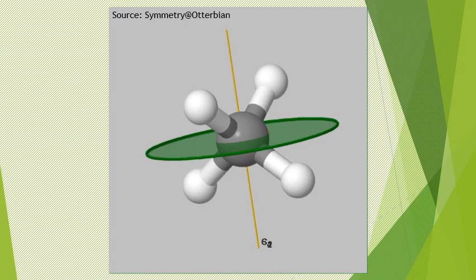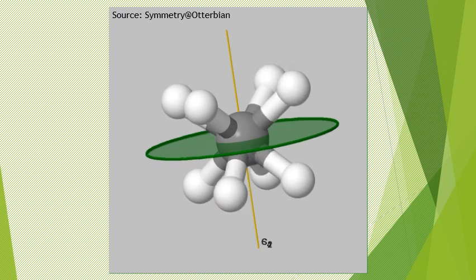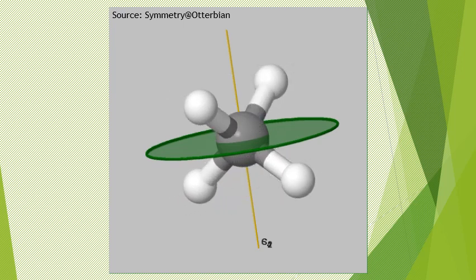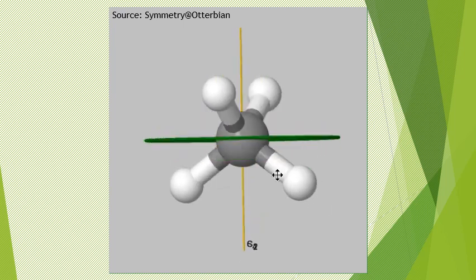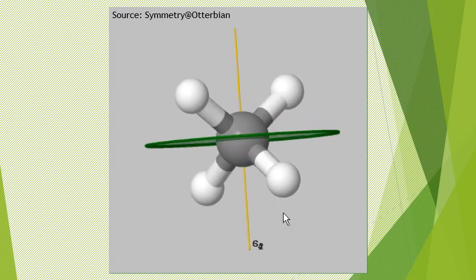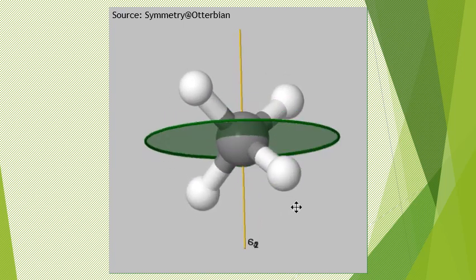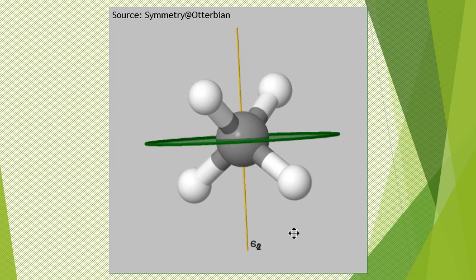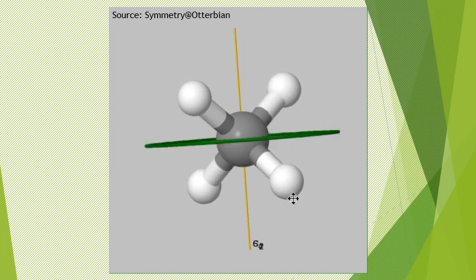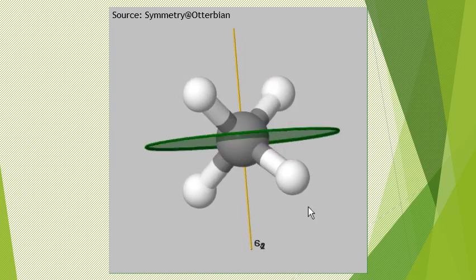So I am demonstrating C2 now, the proper axis. The whole molecule can be rotated by 180 degrees to get an indistinguishable orientation. If we do just C4, that is not a symmetry operation. Similarly, if we do S2, that is also not a symmetry operation, right? So this is on the methane molecule. So what I request is, this methane molecule in a two-dimensional space usually will be kept in a cube, and from that cube, it can be demonstrated that the S4 axis exists for this molecule. I sincerely request you to try that on paper so that you understand it in a better way.